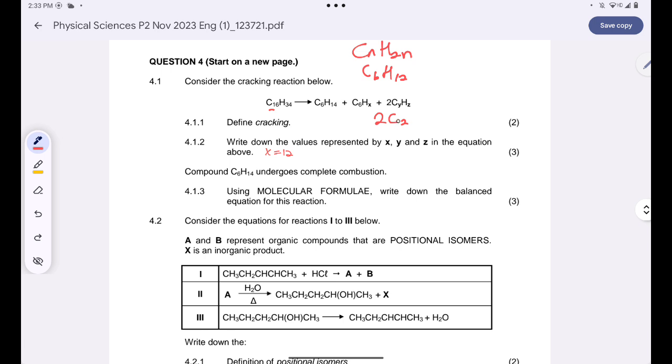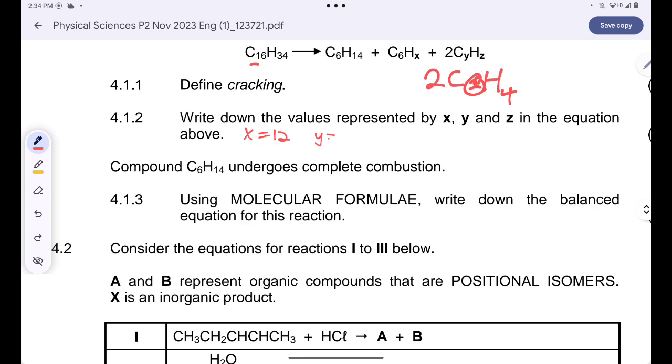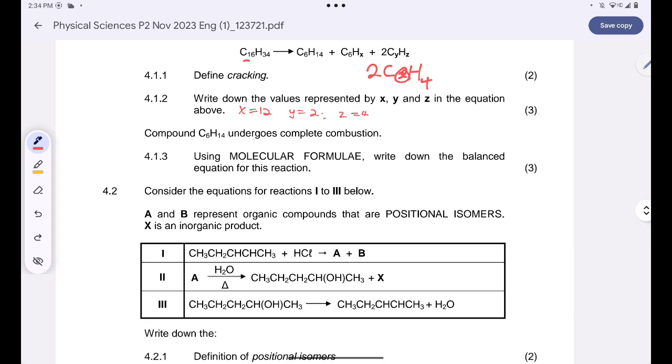Are you together? So since I have C2, that means I must have 4 hydrogens over there. Since my subscript is 2, that means my subscript here has to be 4, because I need to respect this 2. Whenever you count your carbons and hydrogens on both the left hand side and the right hand side, you will see that they are balanced now. So the value of y is 2 and the value of z is 4. Then now we are told that compound C6H14,